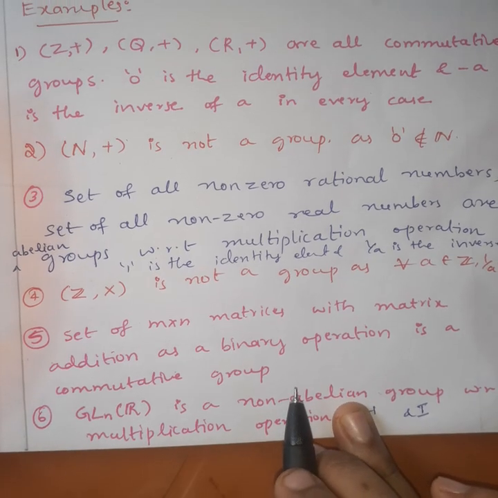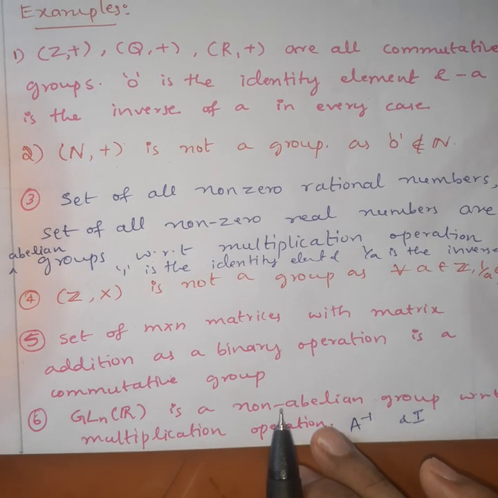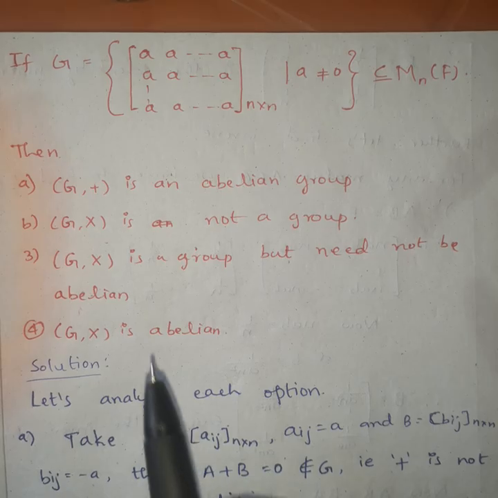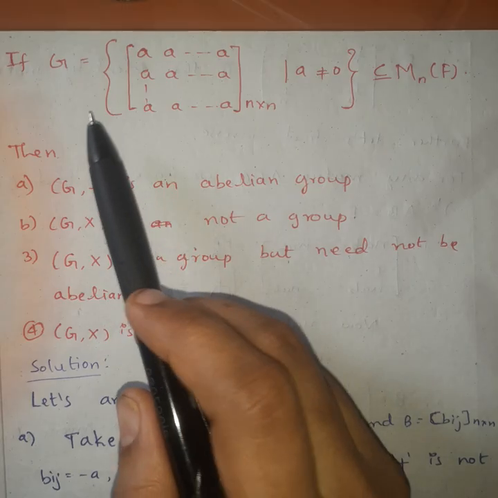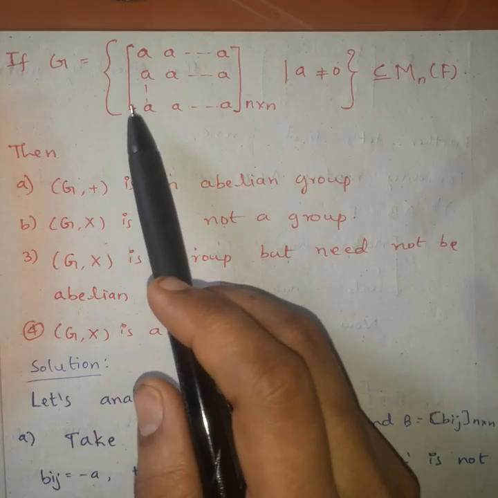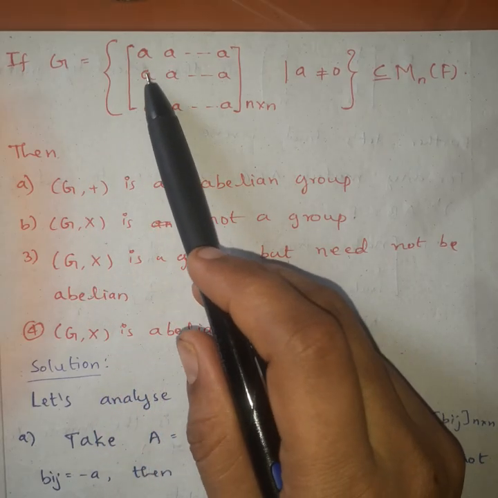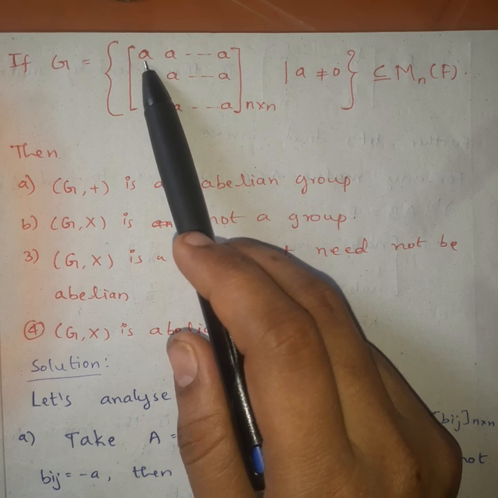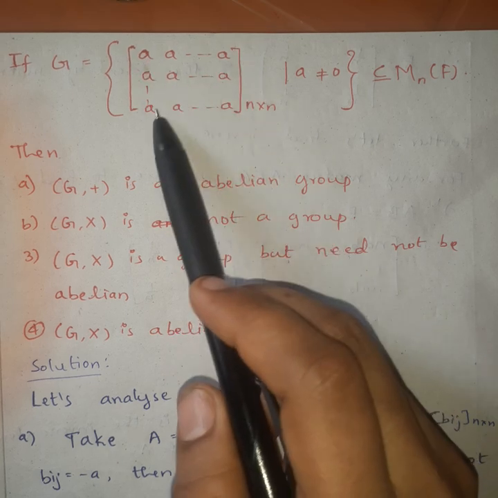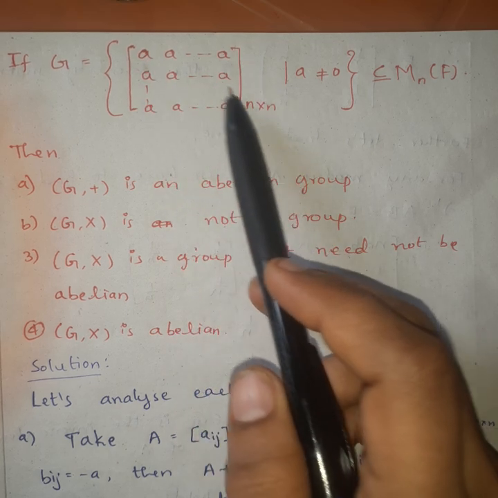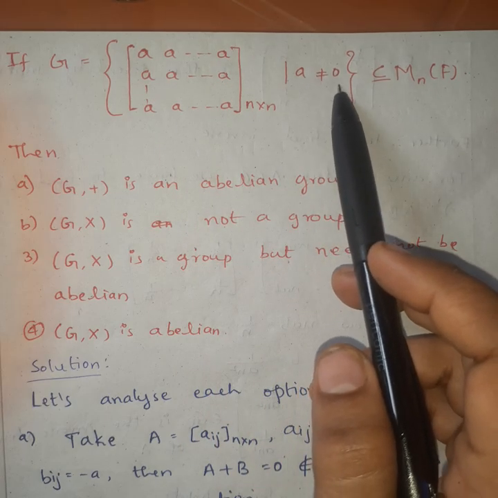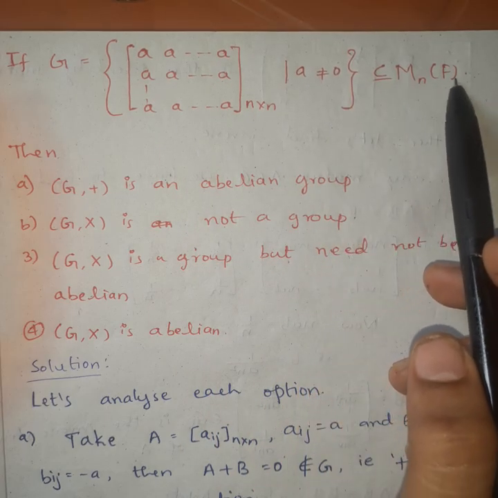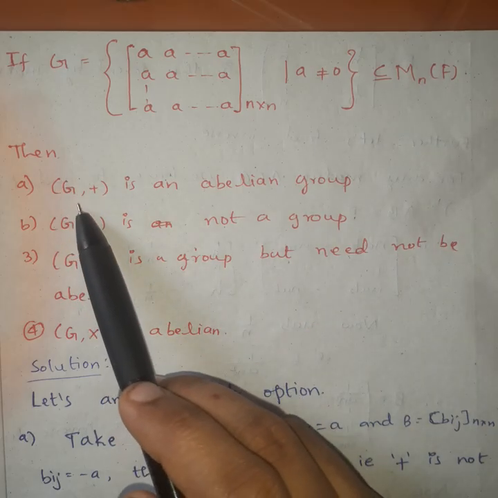Next, I will solve one problem related to the definition of a group. Here is one of the most expected questions in the KSET examination. If G is equal to the set of all matrices of the type matrix A, order n by n, each entry is a and a not equal to 0, a subset of M n(F), then